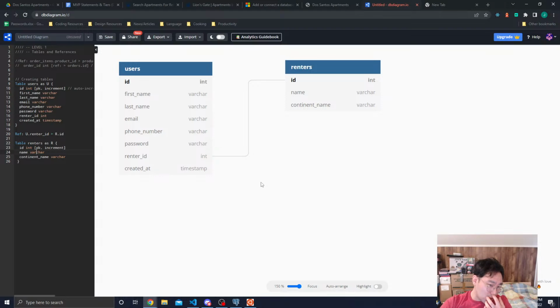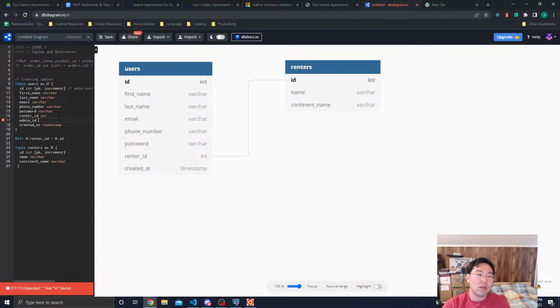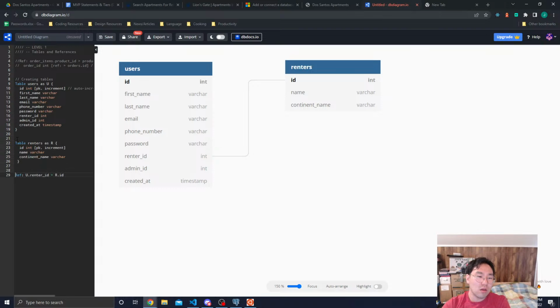So let's see. Now we have a user that can be a renter, and it could also be an admin. So admin ID, which is also another integer. And I actually want to, can I move this down like this? Perfect, I can. Still learning all the commands and shortcuts. I don't even know all of them for Mac, and I know fewer of them for Windows. So, okay. So I have one relationship set up, and next I want to set up another table, which is